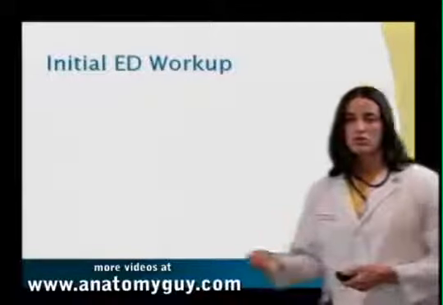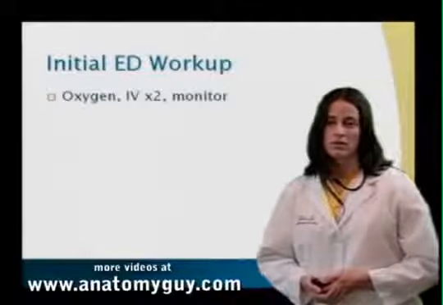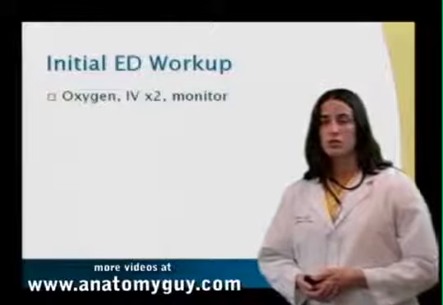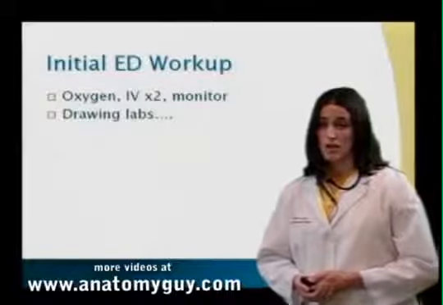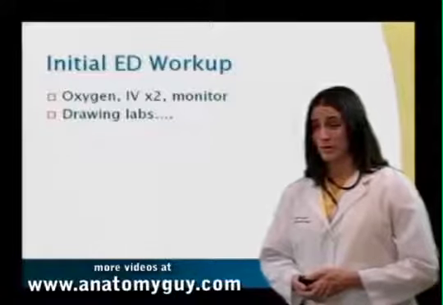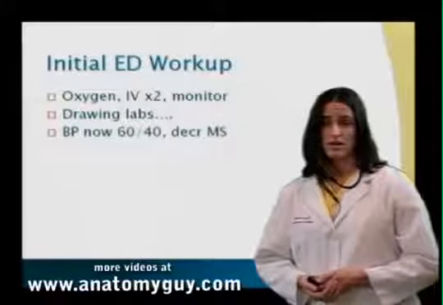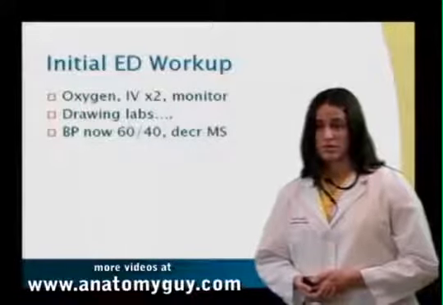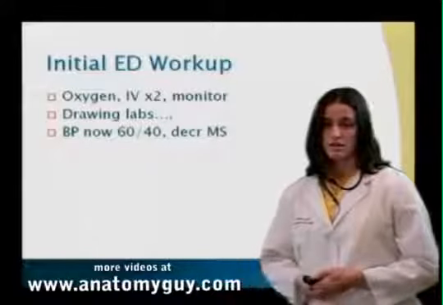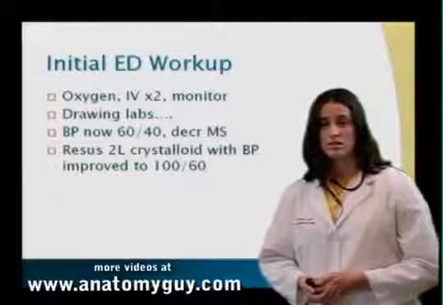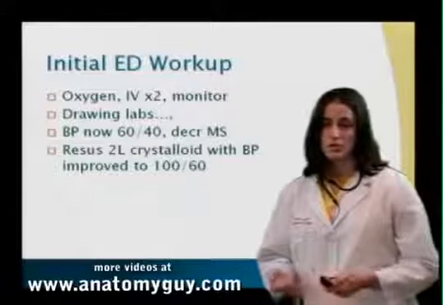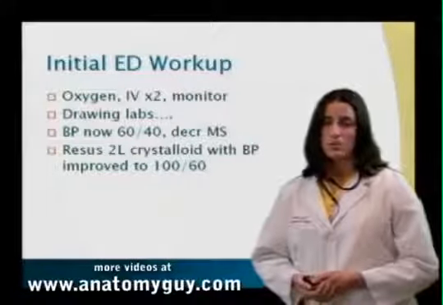For our initial emergency department workup, we want to consider oxygen, 2 peripheral IVs placed, and a cardiac monitor. While we're drawing labs and considering what labs we would like to send, the patient has a decreased mental status, becomes less responsive, and his blood pressure is now 60/40. Our initial management is going to be to resuscitate him with 2 liters of crystalloid fluid, either normal saline or lactated ringers, and his blood pressure with this intervention